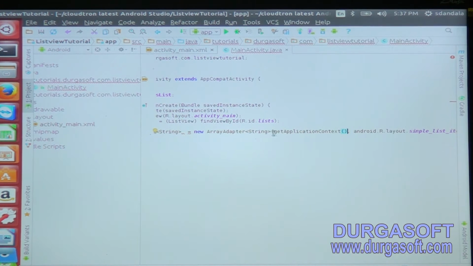One is get application context. You can write this as well, it doesn't make any difference. Not caps. And it will expect some kind of layout that you want to display. So android.R.layout.simple_list_item_1 is a layout that is by default present, which will have a simple text